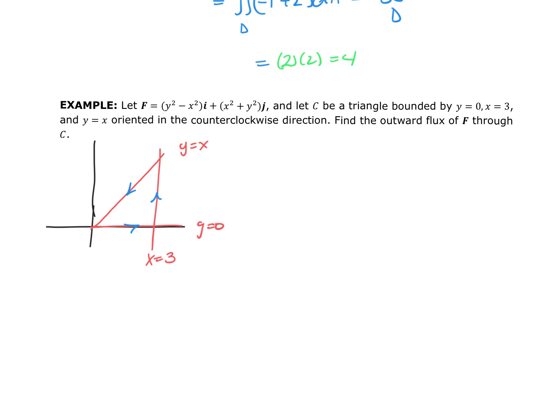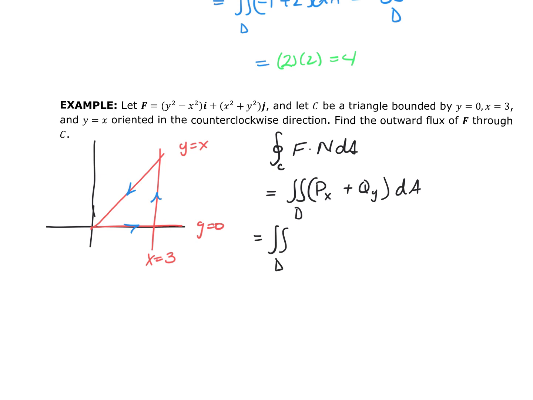Find the outward flux of F through C. So the flux over the curve C of F dotted with N ds is going to be equal to the double integral over the region D of P with respect to x plus Q with respect to y dA, which is equal to the double integral over the region D of the partial with respect to x of y squared minus x squared, and then plus the partial with respect to y of x squared plus y squared